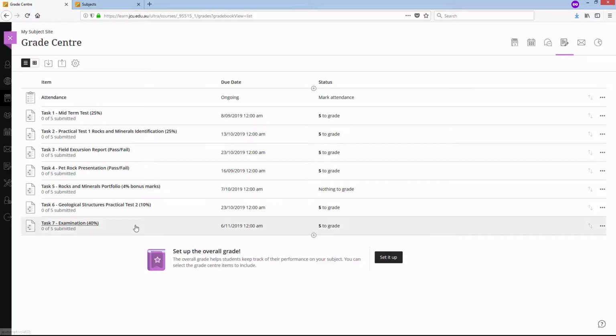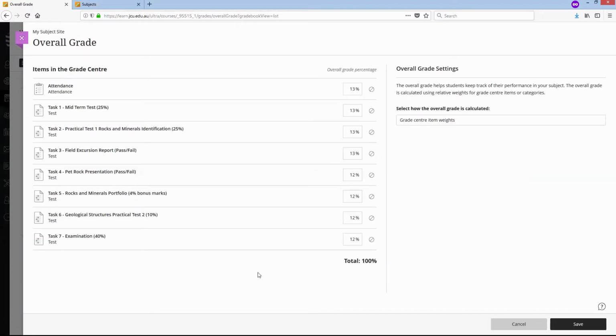Now as you can see, there's individual weights to particular tasks in this subject, and what I want to do is set up the overall grade so my students can see whether they're at a good place or a bad place as they complete these tasks. So let's set up the overall grade for this subject. Now, by clicking on this symbol, you tell LearnJCU Ultra the ones that you don't want to include in the